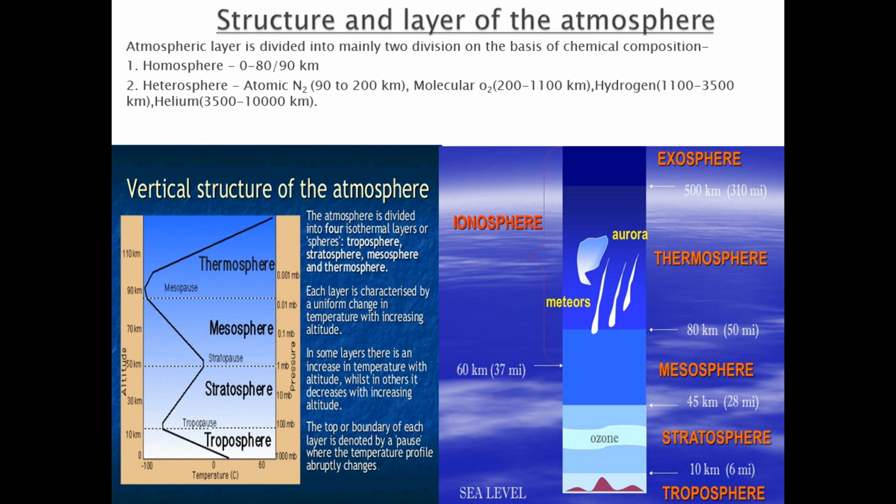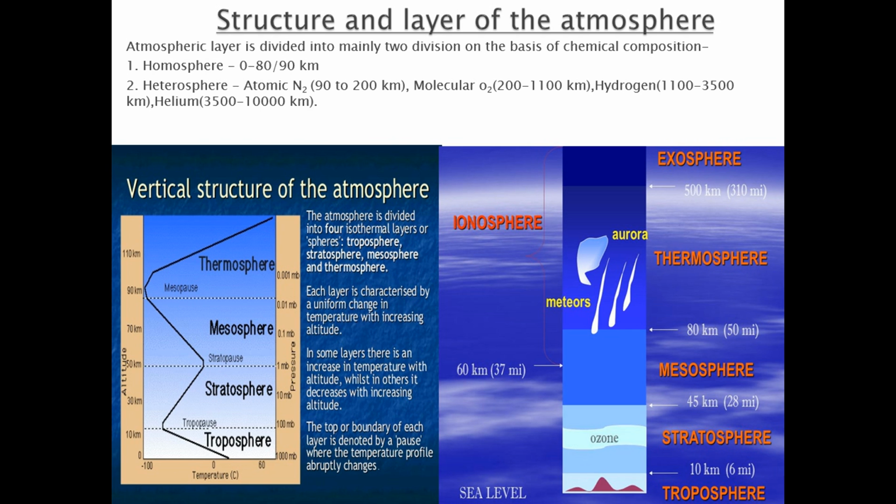Apart from homosphere, the rest part is called heterosphere because hetero means non-balanced, non-equal. In this layer, gases are distributed non-equally. So this is called heterosphere. According to structure, this layer is also divided into three parts: thermosphere, exosphere, and magnetosphere. But according to chemical or gaseous composition, this layer is also divided into four parts, that are